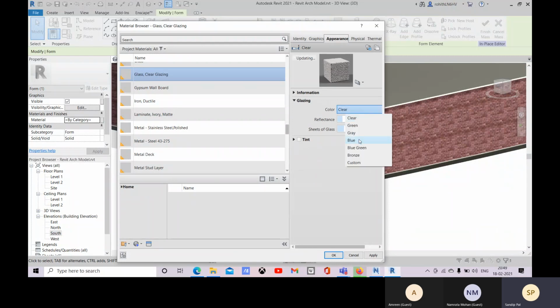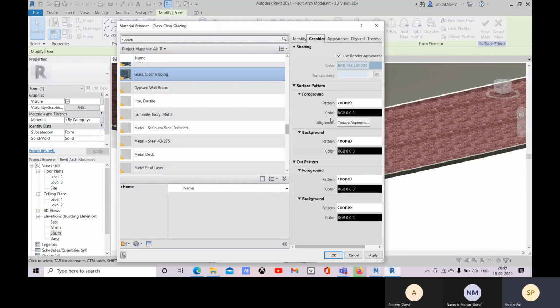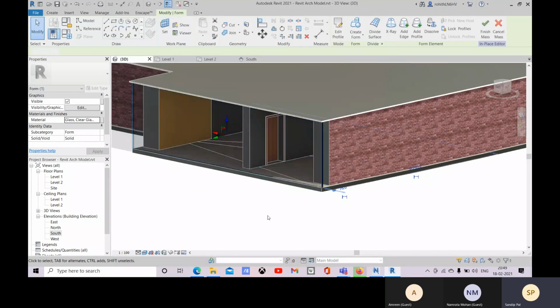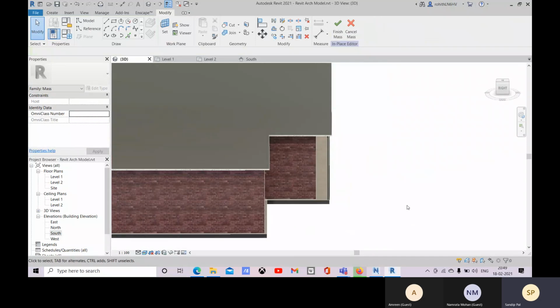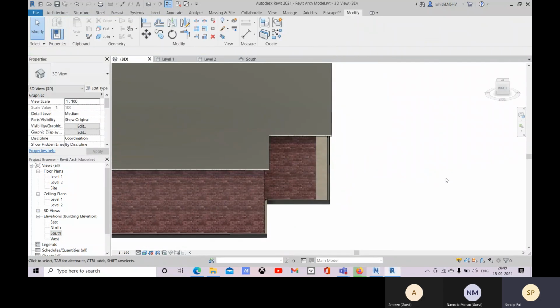There you can specify like blue, and these things you can change, how much it will reflect, sheet of glass, and apply. Click on OK. That you have specified, and now you finish this mask.